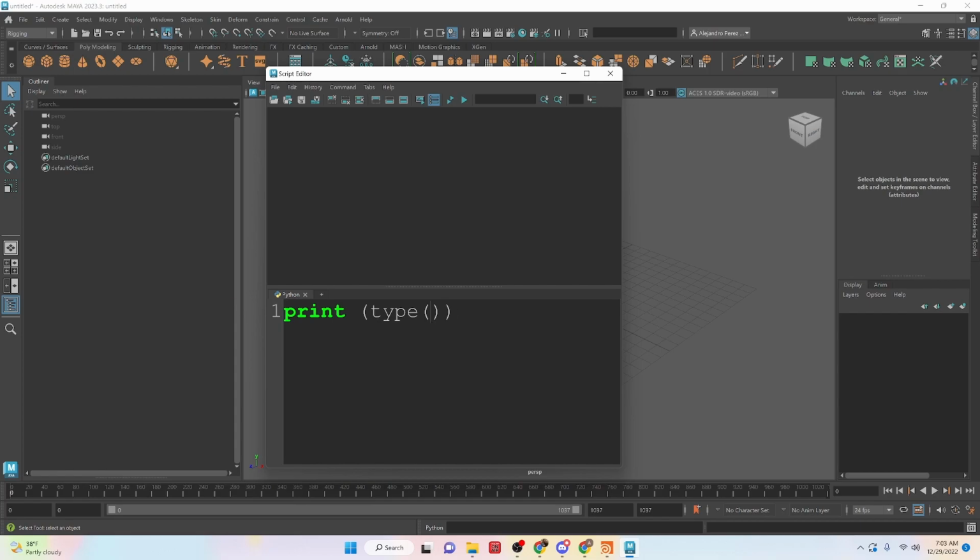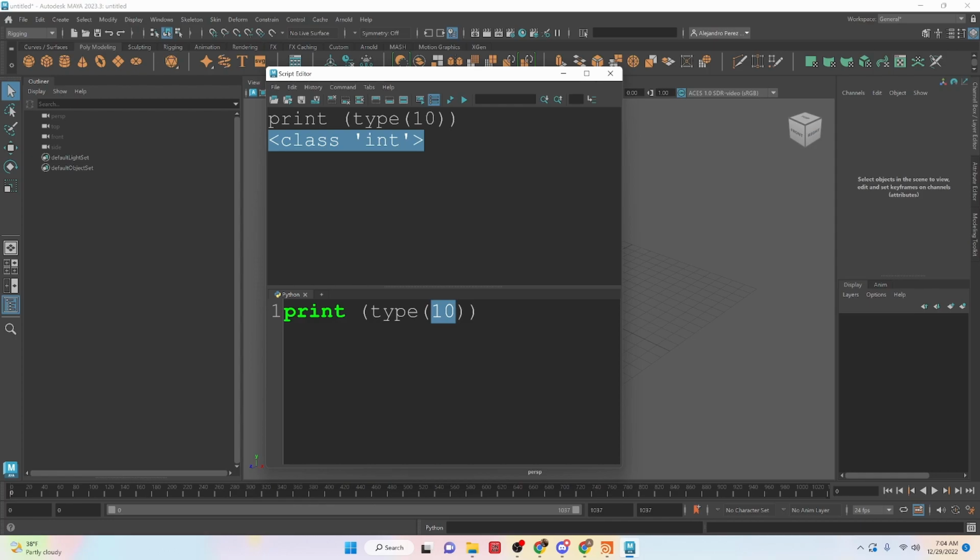So in the type, we can actually put a data typing here. So let's say 10. If we take this and run it, you'll see that it outputs class int. So int is the shorthand for integer, and that tells us that the number 10 is an integer type of